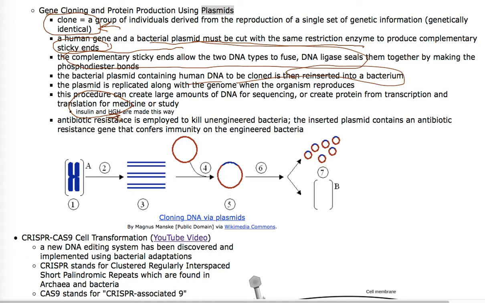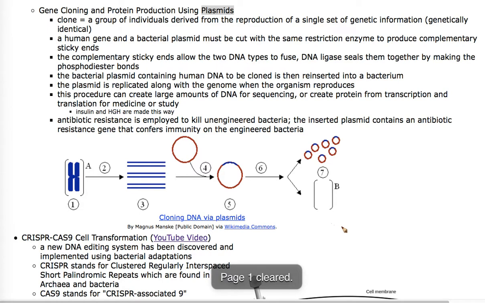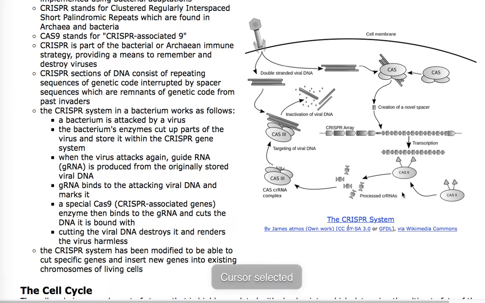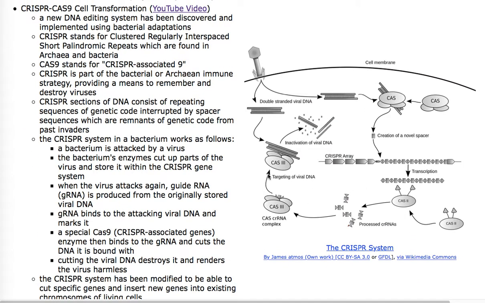Human growth hormone, HGH, and insulin are both made this way, along with a lot of antibiotics, human collagen, and all kinds of other stuff. I've already mentioned the antibiotic resistance, because without that, you can't guarantee that your cultures have only the bacteria you want to grow. Now, I really can't get out of biotechnology without at least mentioning CRISPR-Cas9, because CRISPR-Cas9 is going to revolutionize medicine. CRISPR is a technique where researchers are able to literally